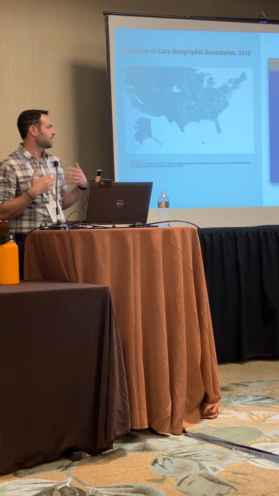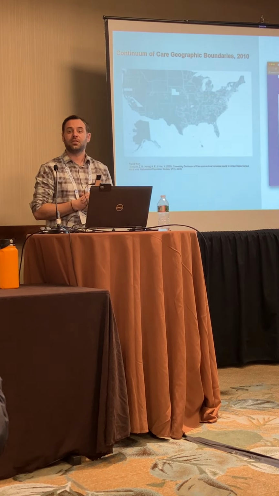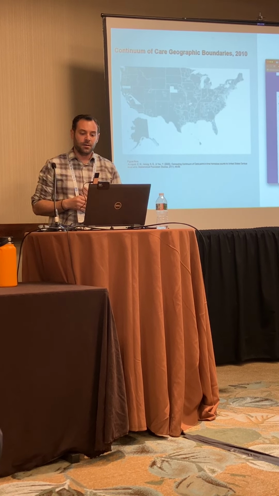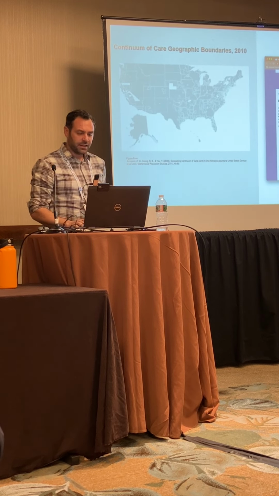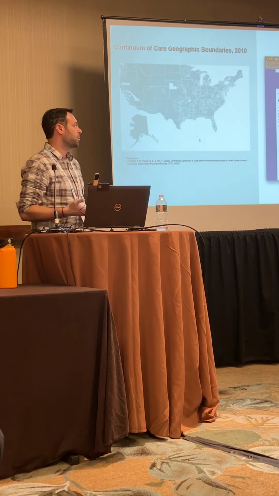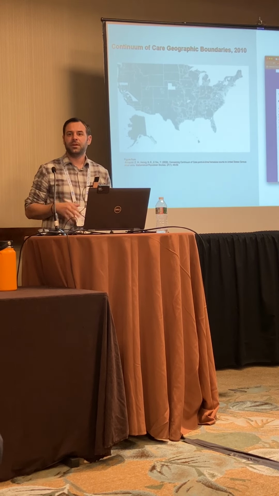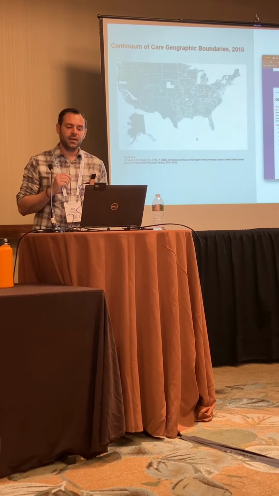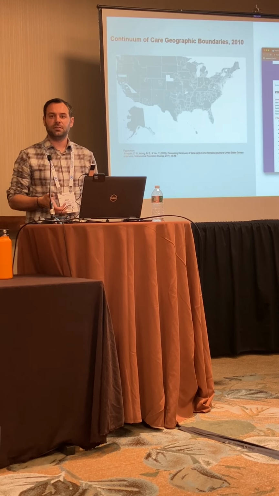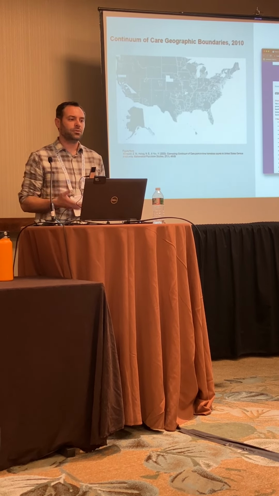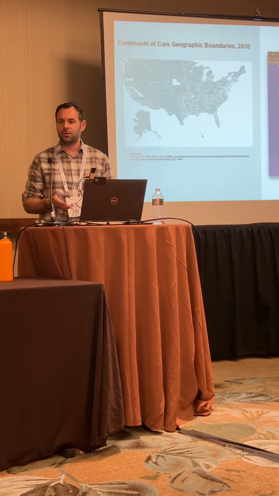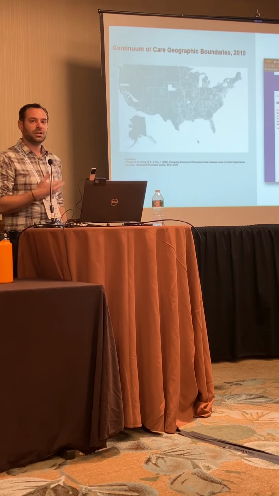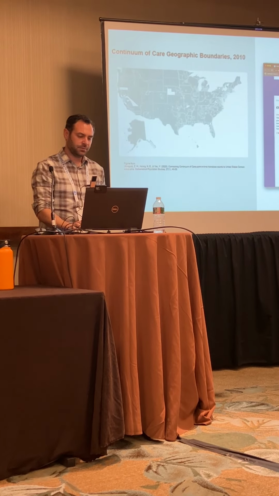So while everybody talks about the point in time count being an undercount, it's even very formally an undercount. One of the key features of the Continuum of Care program, which started more or less in 2005, but the count doesn't really start until 2007, is HUD mandates this lead organization to attempt to enumerate the total unsheltered and sheltered population.